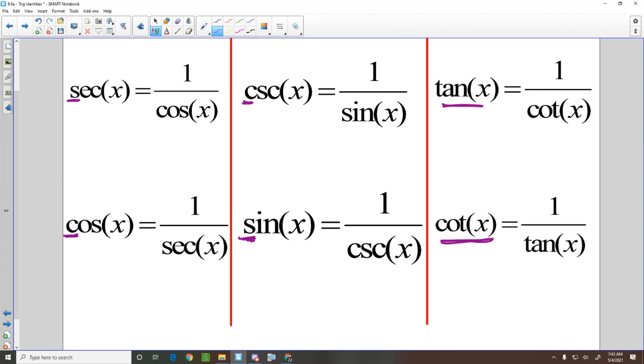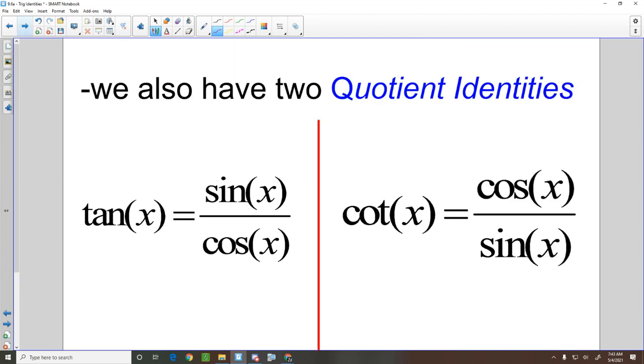All right, so those are these 6 reciprocal functions. Remember, we're going to learn 3 different groupings of identities today. This is just the first one. But let's look at how we would use this, how this would apply to simplifying a problem. Oh, these 2 quotient identities,